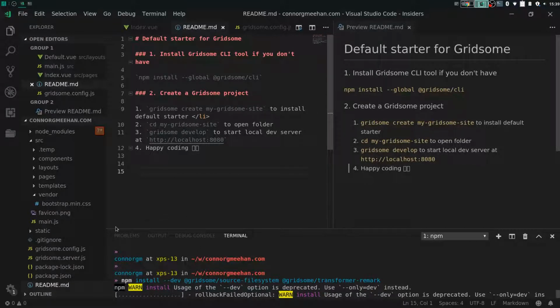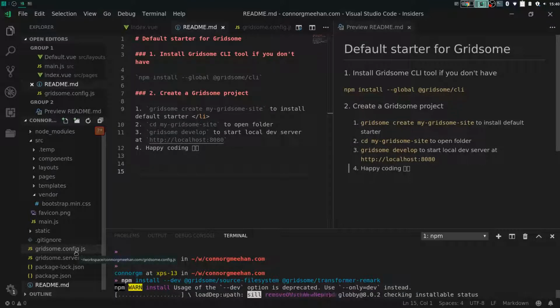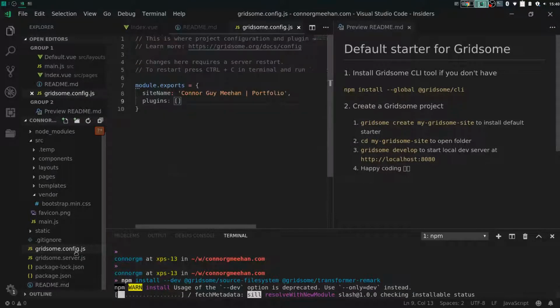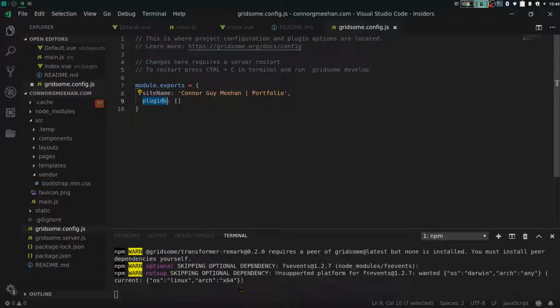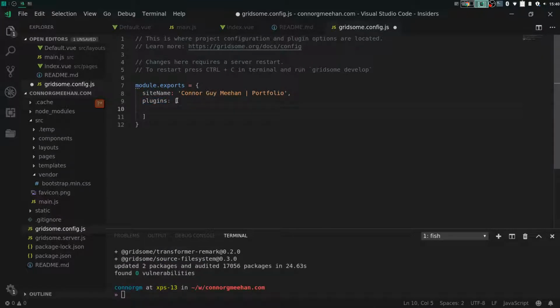And while it's downloading, we need to configure the plugin. So we do that in the gridsome.config.js. I'll close that. And we have this plugins array. This is a property of the config object. So this is the JavaScript object. We've got the plugins property, and it's an array. And we need to add a new element to the array. And this element is going to be an empty object,